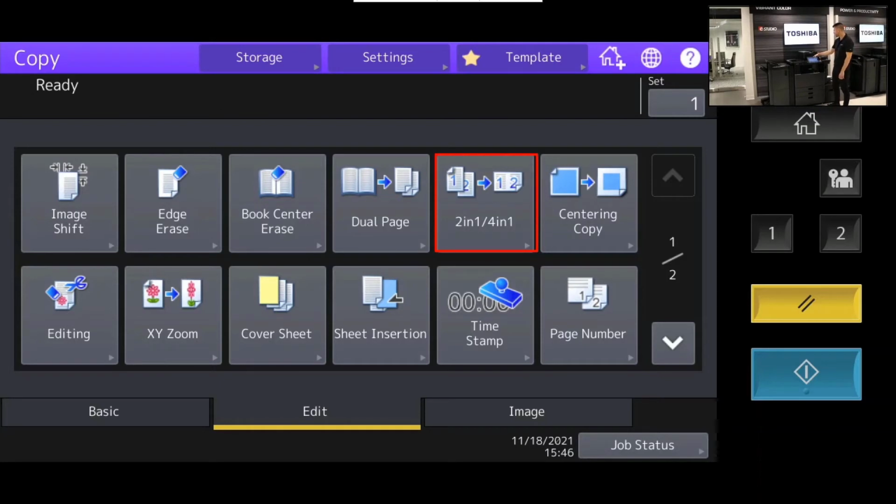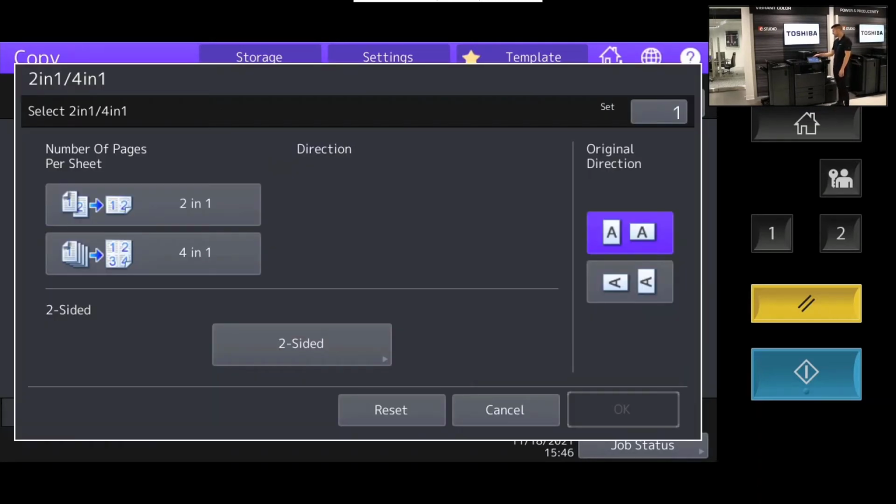Next one I want to mention, 2-in-1 and 4-in-1. So I'm going to tap into that. And this is great for if you're trying to save paper. For instance, our education team here at Toshiba, whenever we do an e-learning, they will actually create a participant guide with screenshots of the PowerPoint presentation, and they'll put it in a 2-in-1 layout where you have 2 slides from